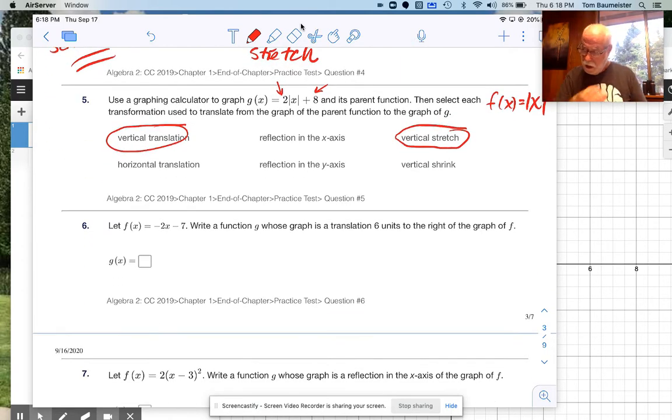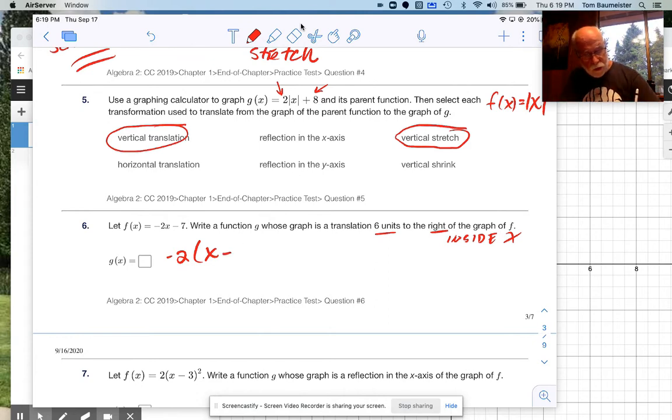Number 6, let f of x equal negative 2x minus 7, write a function g whose graph is a translation 6 units to the right of the graph of f. So remember, left or right is inside x. So that means wherever I see x, I'm going to add the 6 units to the right. Now remember, when I'm saying to the right, it's x minus h, so x minus 6